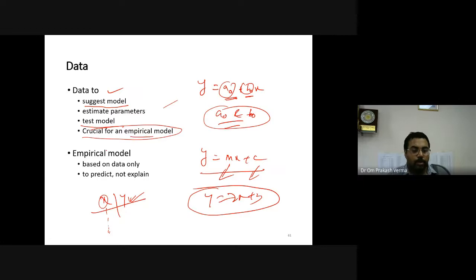So you can now conclude that an empirical model is based only on the data and is used only for prediction. One thing is very important here: whatever model you have developed with the help of empirical data will not provide anything about the system.